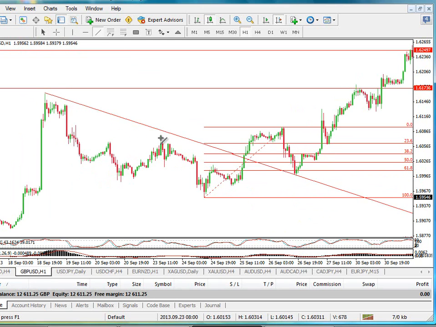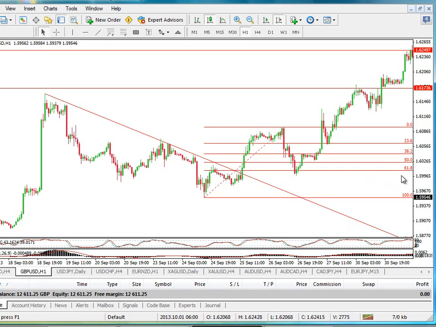If I go back a bit, I just want to show you something here. We have this trend line that came down through here. The reason this retraced to 61% is that normally, on average, a price will retrace 38% once it hits a level of support or resistance. So you're looking for it to come down between 38 and 50% before it will move up. So when you put this Fibonacci in, you can see a rough level of where you can expect the